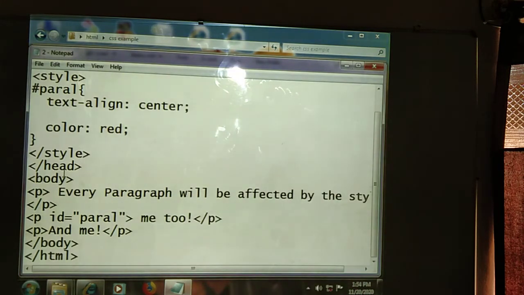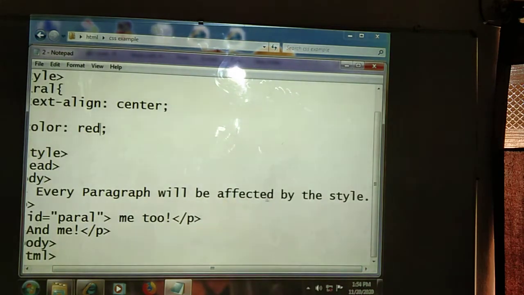Next, in the body section, we are declaring 3 paragraphs again. Every paragraph will not be affected. Only the paragraph that the ID represents will be affected.